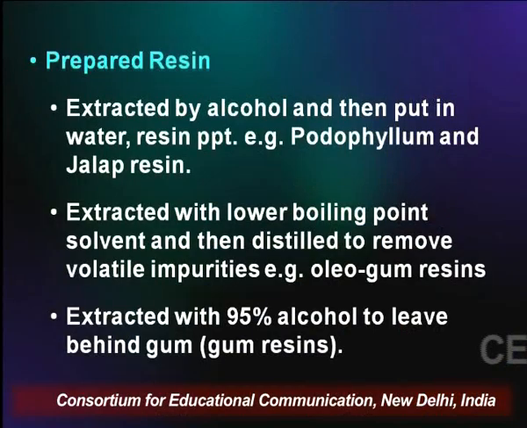So this was all about the natural resins. Now we move on to the prepared resins. These are the resins which are not secreted by the plant as such, but are prepared after specific extraction procedures, such as extracting the plant material with alcohol, and since the resins are insoluble in alcohol,